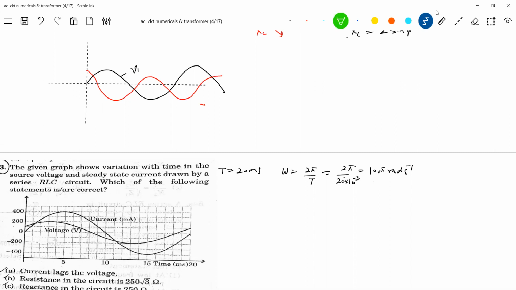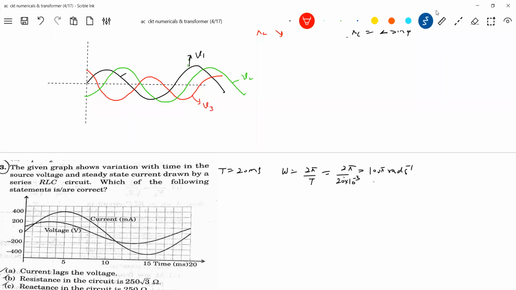It's a rough sketch, not up to scale. Which one is leading, which one is lagging, how to mention that? So this is V1, this is V2,